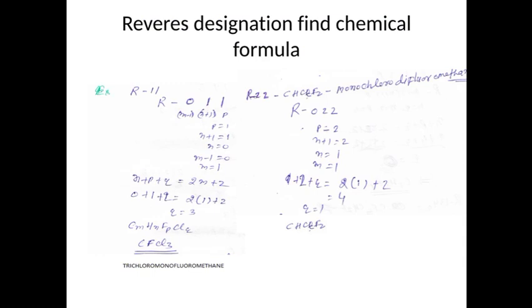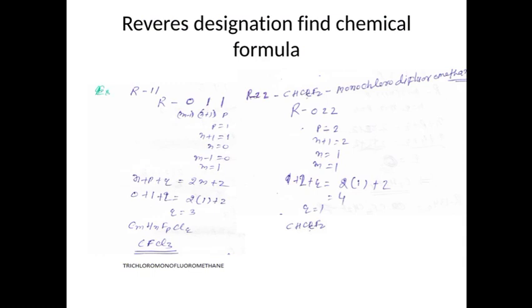And what will be the name of this? Trichloromonofluoromethane, because here you have 3 chlorine, 1 fluorine, and C1 means methane. If the C becomes 2, then it is ethane. Okay, so let us see another example. Write down